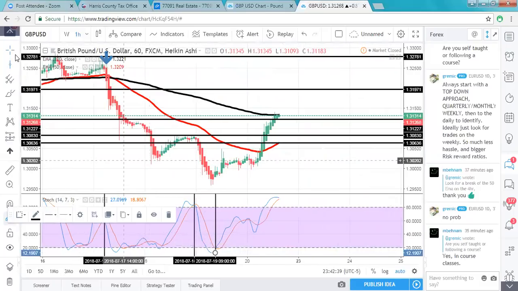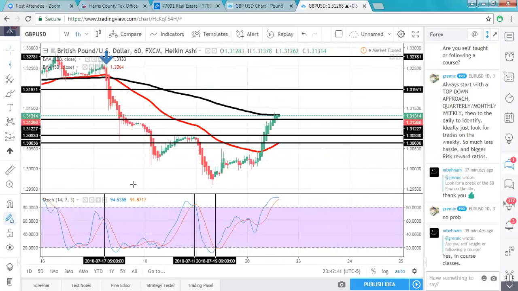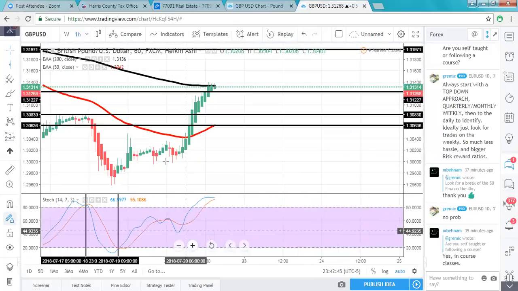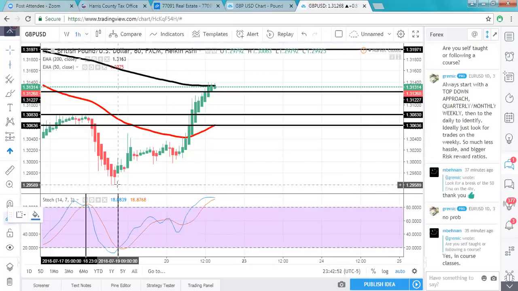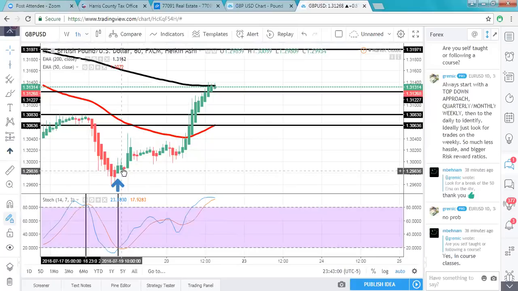Boom. So you see that motion of the stochastic crossing. And you go here and you also see this flat appear there. So after this flat closes and you see that that flat candle popped up, you would have gotten in